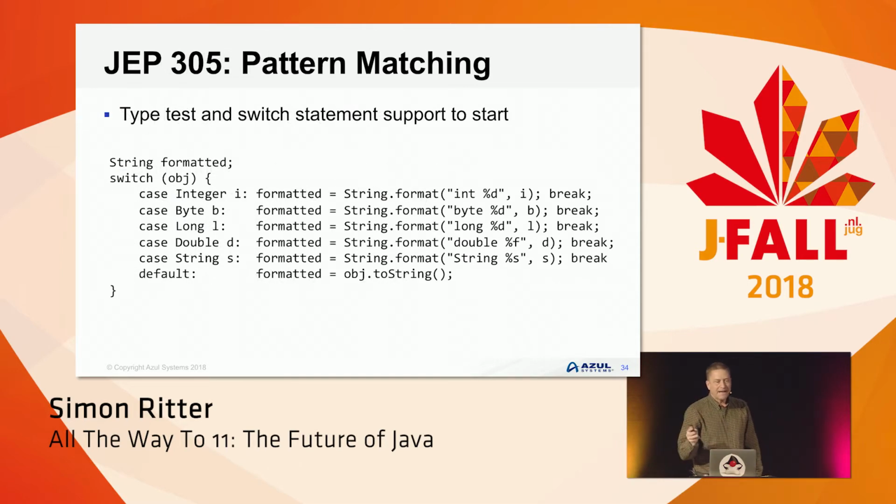Right, pattern matching. Some of the ideas they have with Project Amber are to improve the way the switch statement works. If you look at the switch statement at the moment, you can switch on a value. You can switch on an integer, a string, or an enumeration. Now, with pattern matching, if and when it's included, you'll be able to switch on a type as well. So rather than having a long, complex if-else using instanceof Integer, instanceof Byte, and so on, you can simply say case Integer i, case Byte b, and then specify in the body of the case what you actually want to do with that. So it's just extending it so that you can use a type rather than a value.